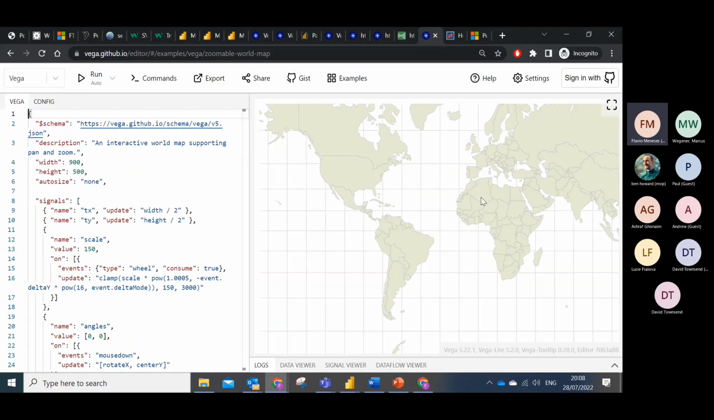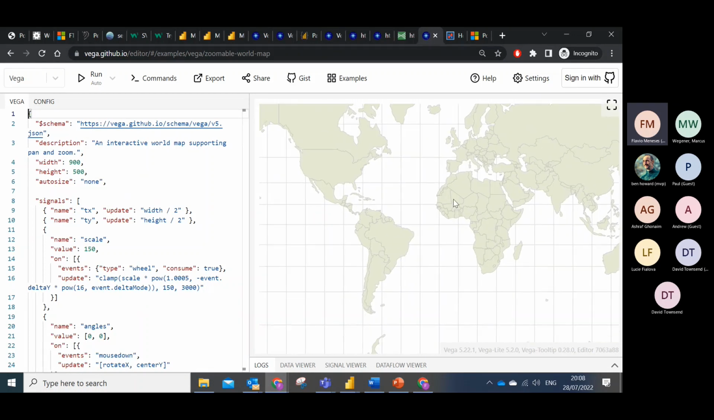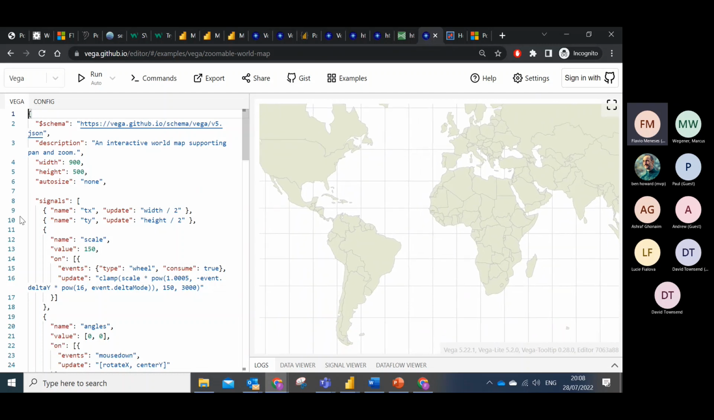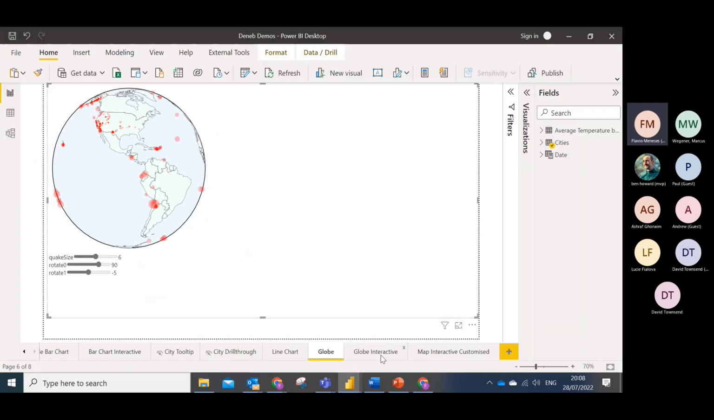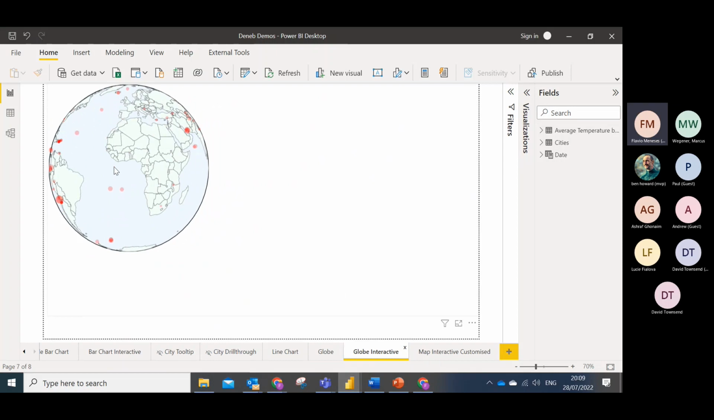And this is the library of examples that use the Vega visuals. And if I move this, now this is interactive. And what's responsible for this interactivity is this section here with signals, what we talked about a second ago with dynamic variables. So I've already gone ahead and copied that code into Power BI. And what you should achieve is a fully interactive